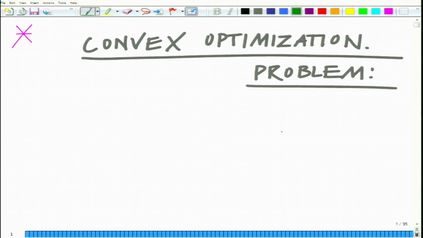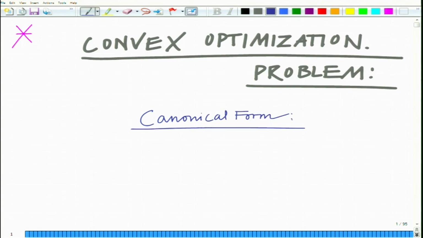Now a convex optimization problem, as we have seen in the standard form, can be thought of as a canonical form. A textbook convex optimization problem can be stated as follows, that is, you minimize,